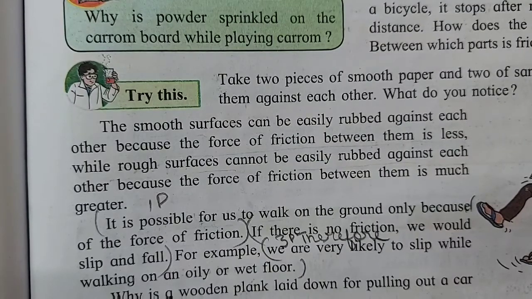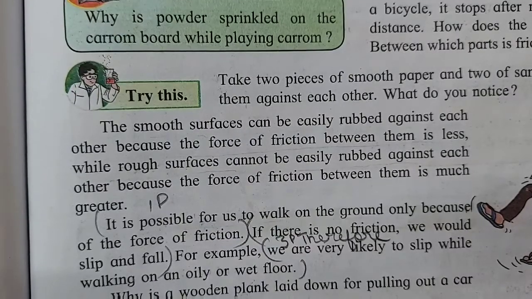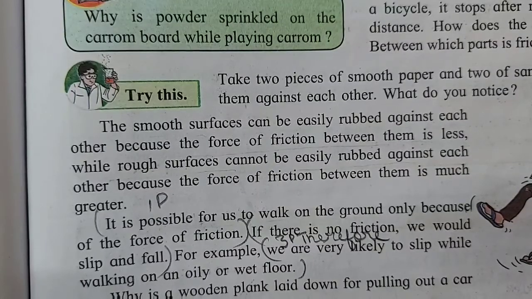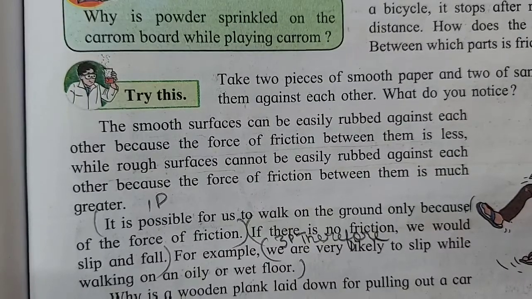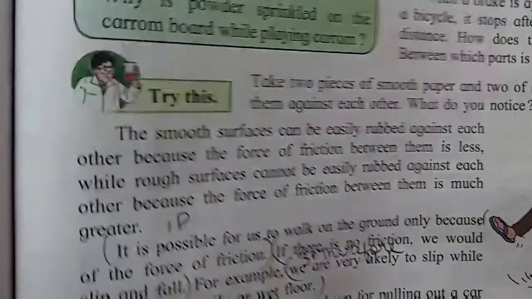Now where frictional force is less, that will make you slip if the surface is smooth. That is the reason the roads are made rough, the bridges are made rough, so that in a hurry, like when people in the peak hours are rushing to their offices, they might slip and fall down, they might break their bones. So that is the reason deliberately the surface of the bridges are made rough, so that we meet less